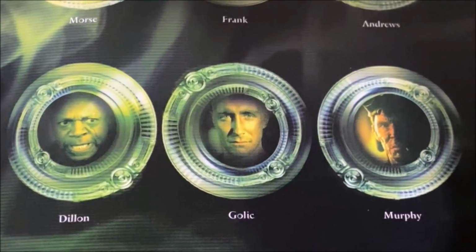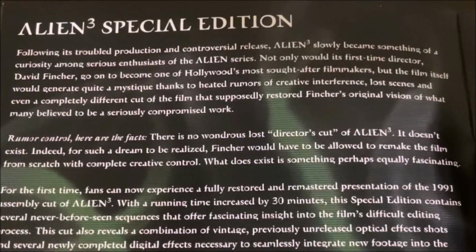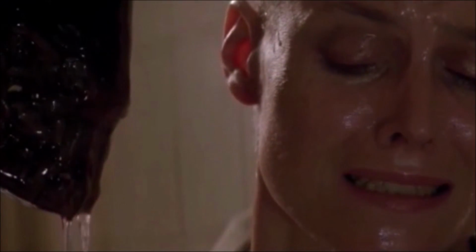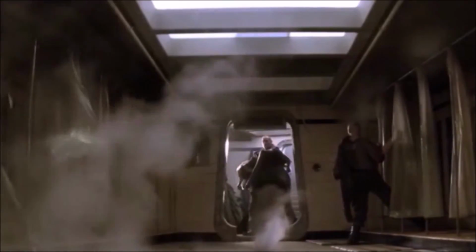As previously, the booklet features images of the film's key characters and scene selections with asterisks indicating where the new footage can be found. While commonly referred to as the assembly cut, the write-up here names it the special edition. Following its troubled production and controversial release, Alien 3 slowly became something of a curiosity among serious enthusiasts of the Alien series. Not only would its first-time director David Fincher go on to become one of Hollywood's most sought-after filmmakers,